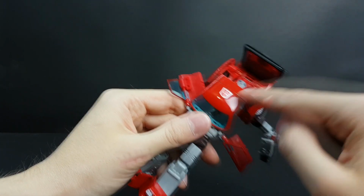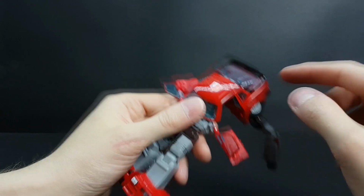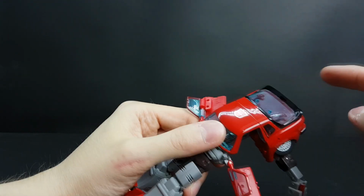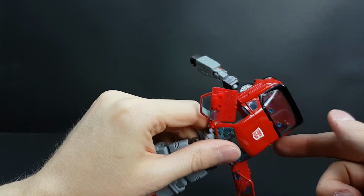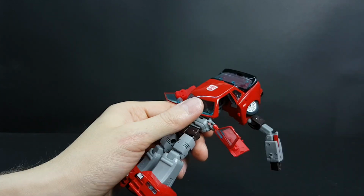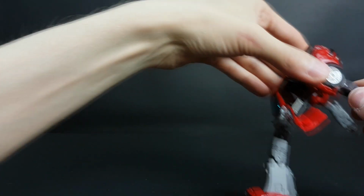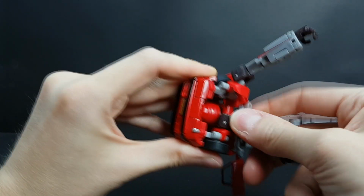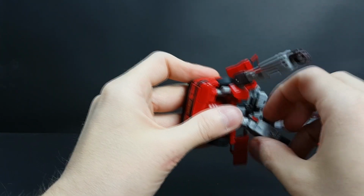As you see, this thing here fits extremely well. You couldn't tell that this is opening if you didn't know. You would think that this is somehow connected solid, so this is a nice touch. Okay, now the arms, this thing rotates here like this, and the arms open up,